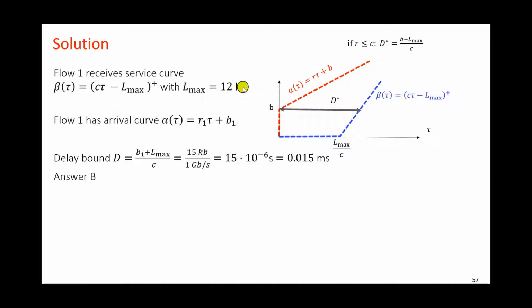Well, it's just a straightforward calculation. We need just to do the maths correctly, which of course in a short time is always error prone. The high priority receives a service curve with rate 1 gigabit per second and with a latency that is 12 kilobit divided by 1 gigabit. The flow 1 has an arrival curve with rate R1, which is